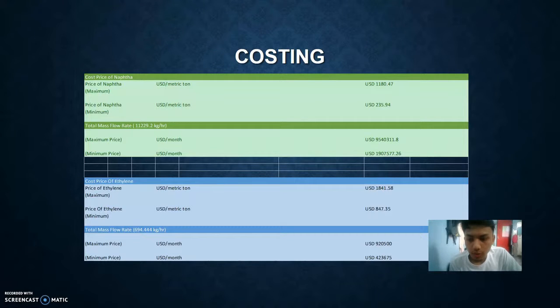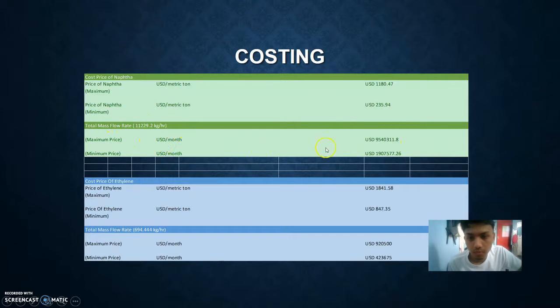Okay, so the last one is the costing. For the costing, I am going to include the price of naphtha and the price of ethylene. This is the price of naphtha. This is the highest in the 10 years time, and this is the lowest in the 10 years time. This is also the highest price of ethylene in the 10 years time, and the lowest price of ethylene in the 10 years time. This is the maximum price